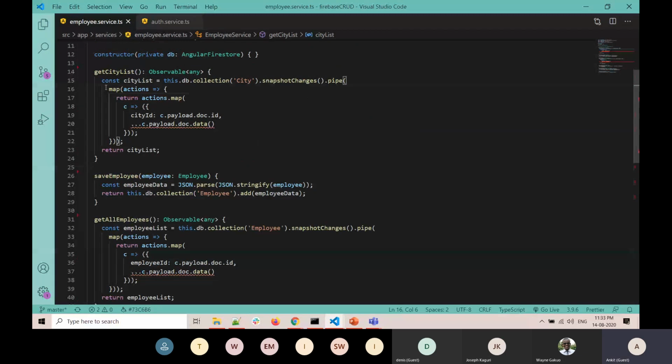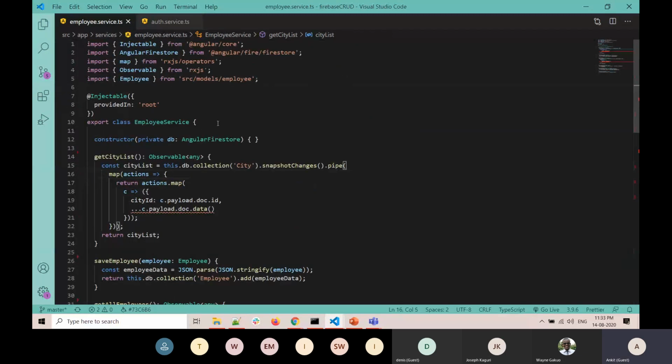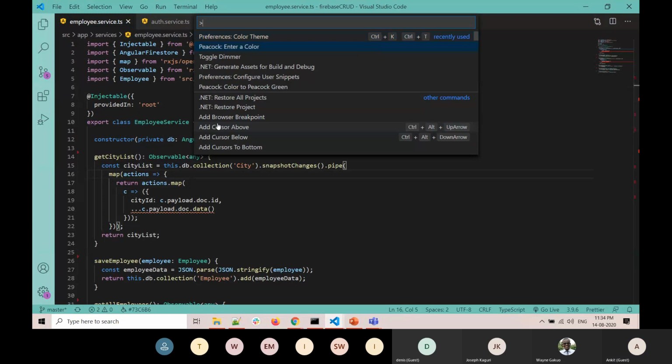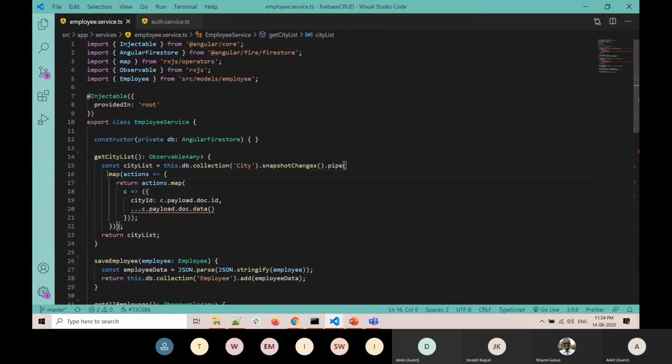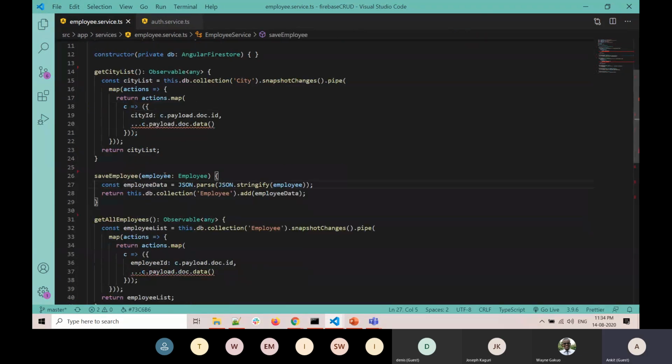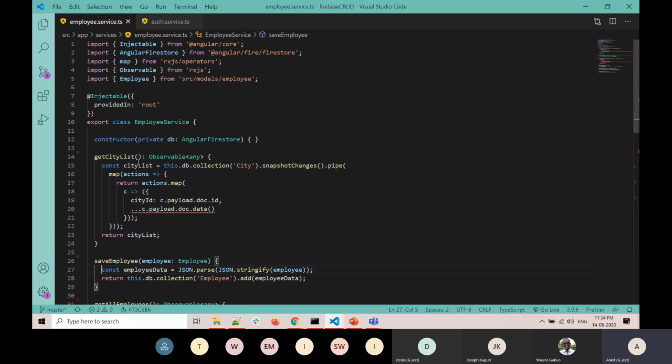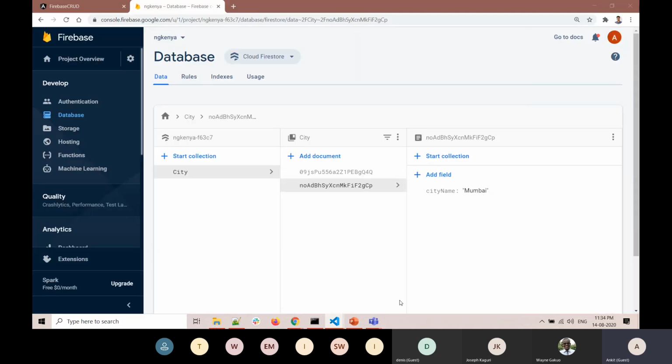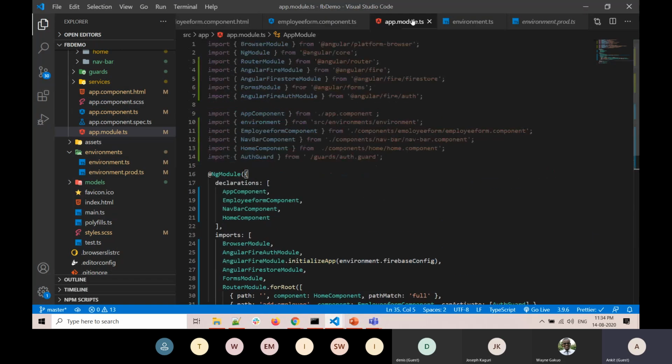I have already written the methods over here. Once we launch the application, at that point of time, okay, just give me a moment. I think this is not the correct code base which I am supposed to work on. I'm supposed to work on this code base. Yeah, this one. Good.